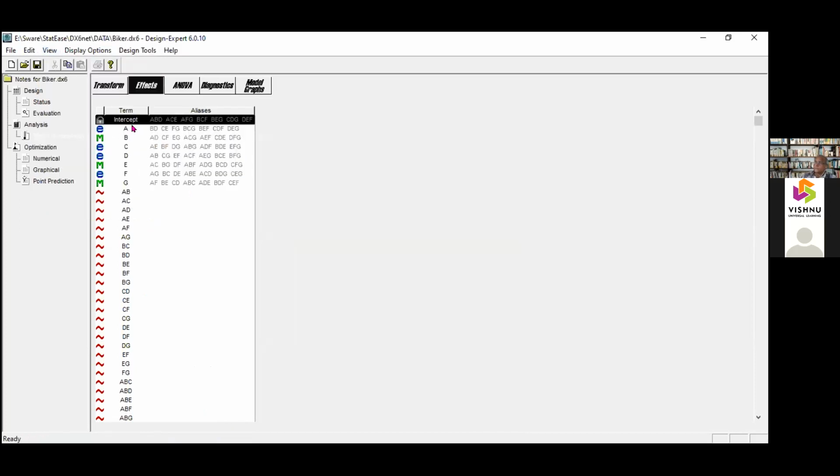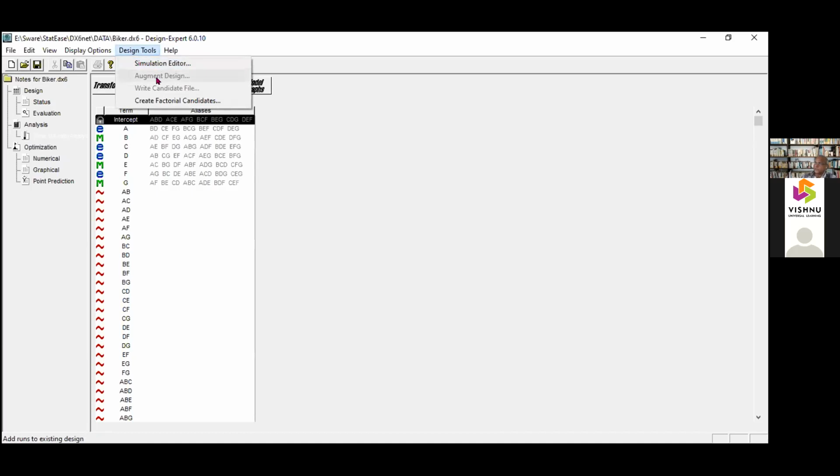We were not sure whether, since B and G are significant, it can be the EG interaction. Yes, B and EG are aliases. So this B is significant, could be because of the EG interaction or the B effect. So how do we distinguish? That's where we have to augment the design.